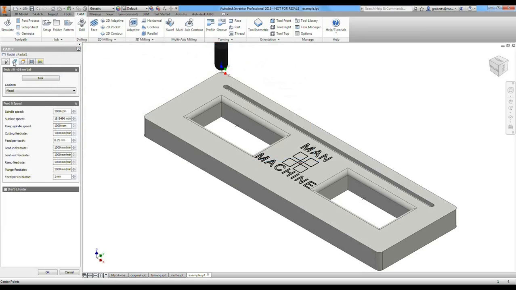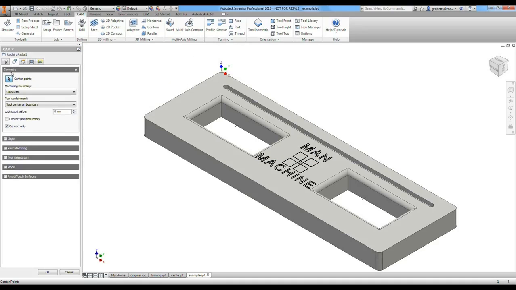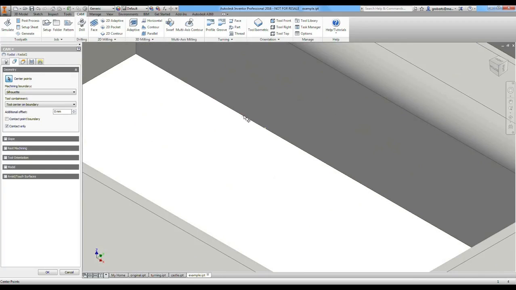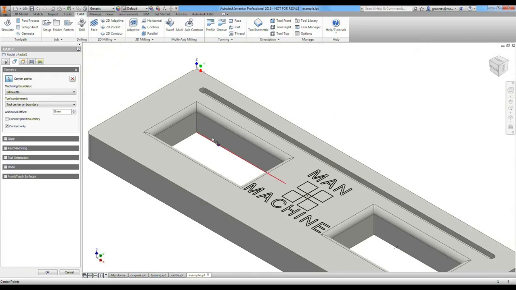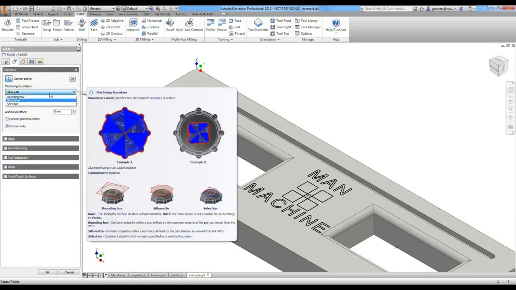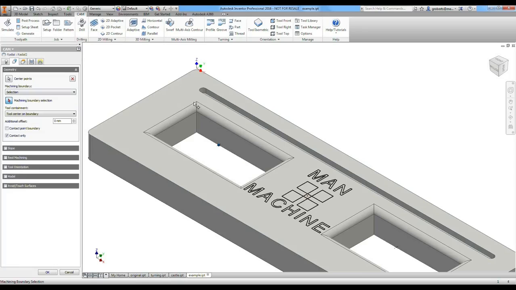And we'll go to the Geometry tab. The center point is the center point of the radial toolpath, so we'll just choose the center point of this square, which I've projected to here, like so. Then we'll set the machining boundary to selection, and we'll say we only want the radial toolpath to work within this area, and we'll keep the additional offset of 0, and I'll show you what that does in a moment. And just press OK,